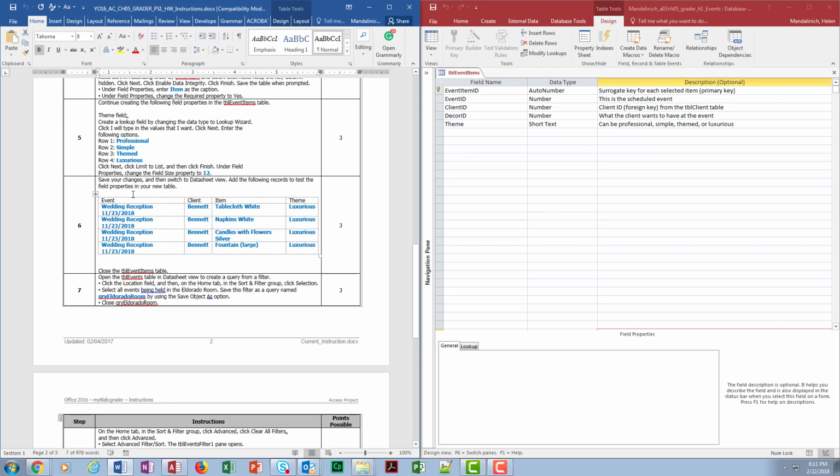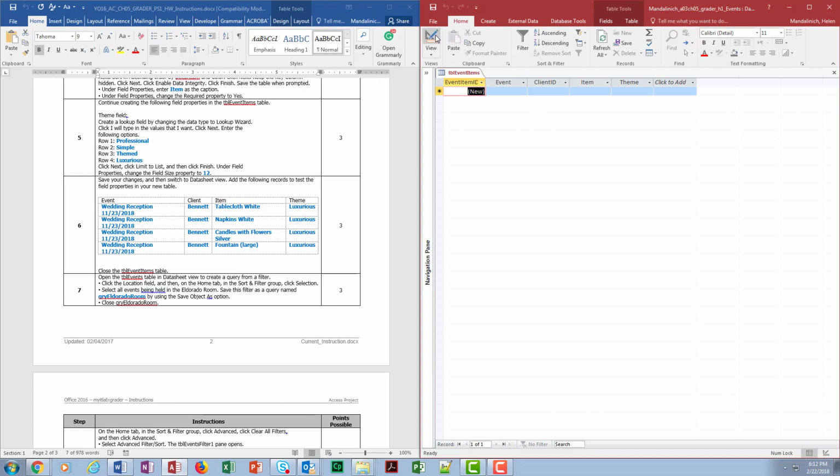So I have my file open, and I have created the file, did all the structure changes. Now I'm going to go and actually put some data in. So I'm going to click over to Datasheet View, and for the event, I'm going to cheat a little bit and